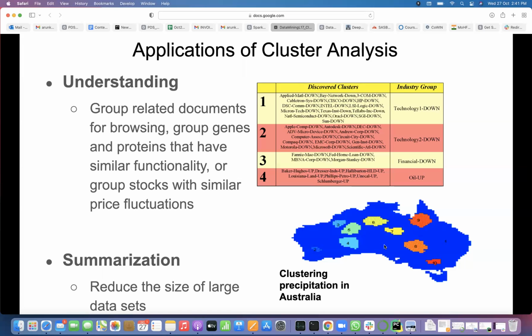Can you go back from these 10 to the individual precipitation for each point? That is not possible because you have aggregated something. You are saying in this cluster it is close to 4, in this cluster it is close to 5, in this cluster it is close to 3, something like that. So you can give only 10 values, largely how Australia precipitation will change.